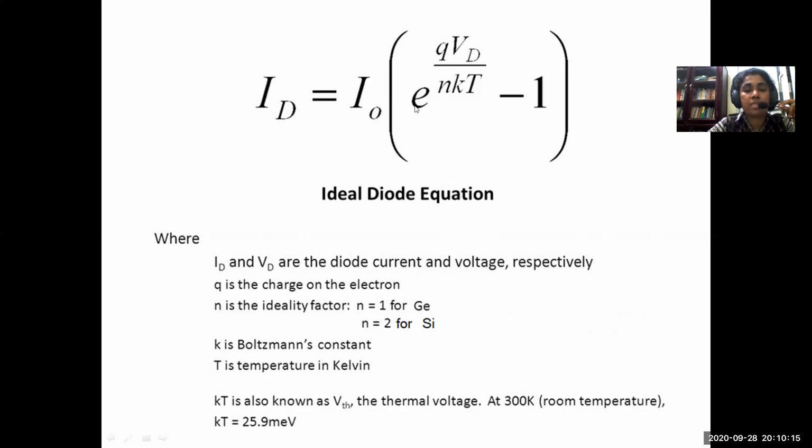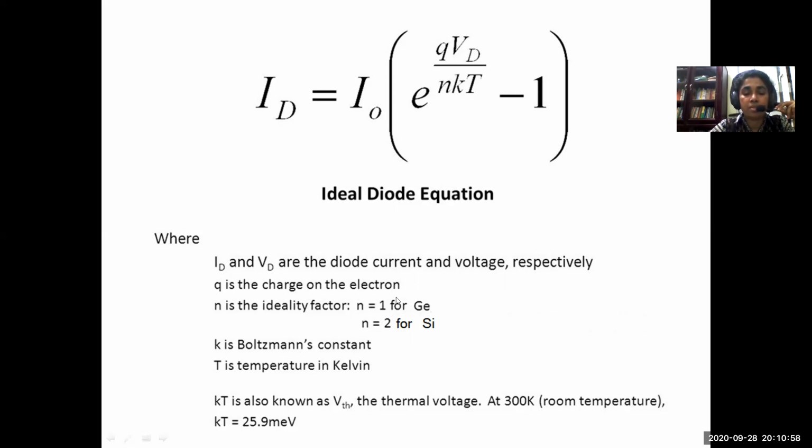Diode equation: ID is actually an equation for the current carried by the diode for a given applied voltage. So ID is the current through the diode, equal to I0. I0 is the saturation current. I0 is multiplied by a factor, and in that bracket you have got an exponential factor, and in the exponent you have got terms like q, the charge of an electron, Vd, the voltage across the diode, then a constant N. In some textbooks it is written as N, and in other textbooks it is given as eta. It is referred to as the ideality factor. You can either use eta or N.